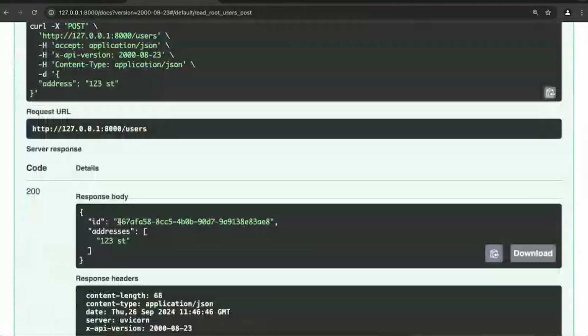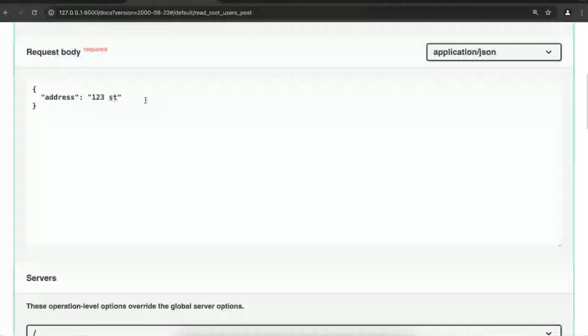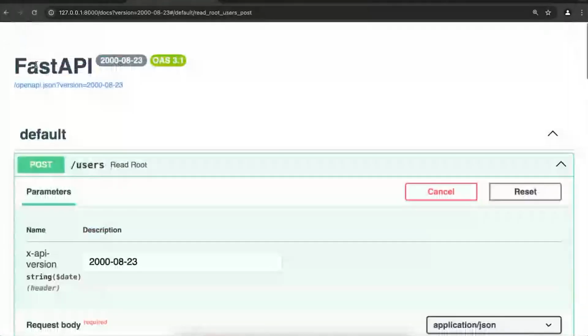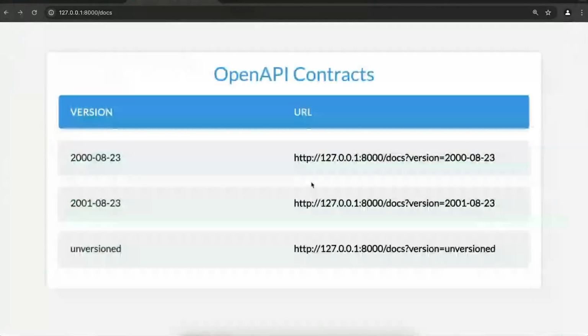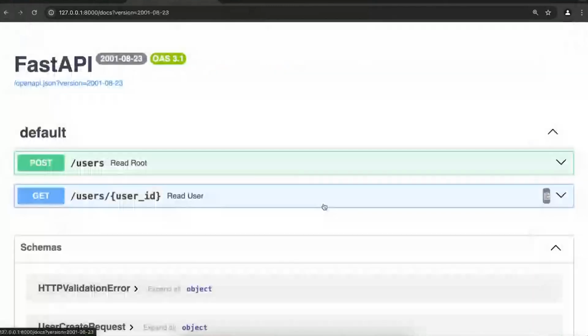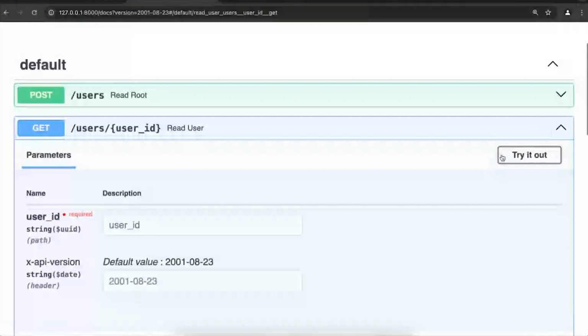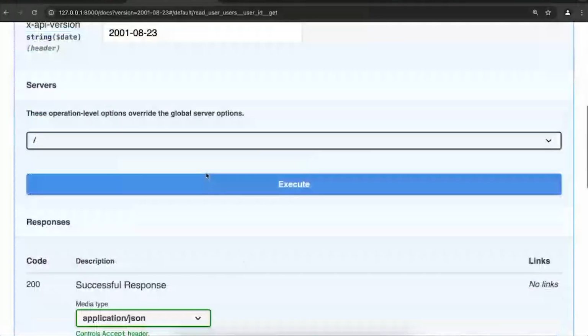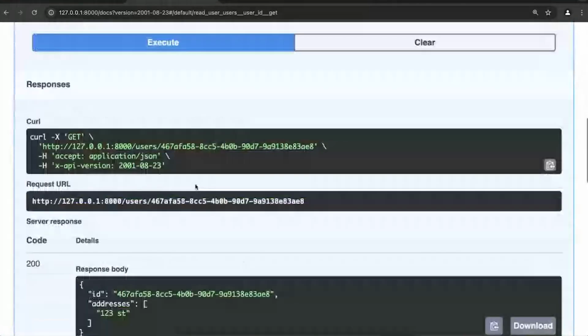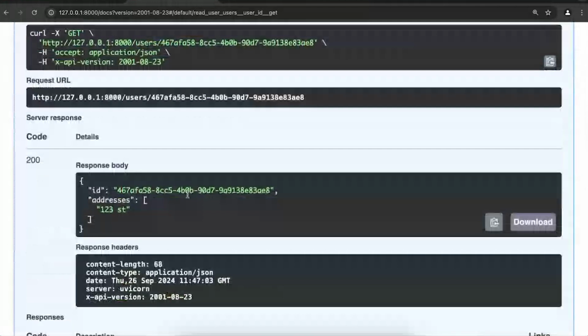Okay, we got our user, we got his ID. Now, let's go to the new version and get that user from the new version. See? But instead of address, it's now being addresses.